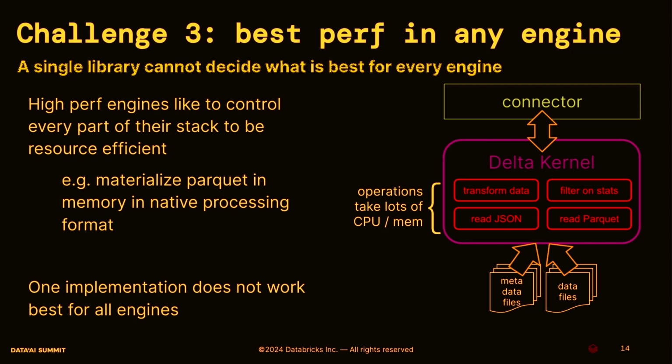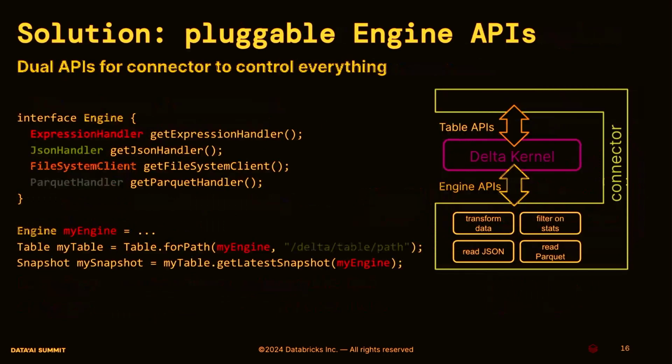So what we have to understand is what are the pieces inside the kernel that are really resource intensive, like reading Parquet, reading JSON for the metadata files, log files. You have to filter based on the filter in the query that you have provided in the scan. You have to filter on those statistics of the files, etc. You have to transform the data sometimes, a bunch of things that the kernel has to do. So the way to solve this is make kernel